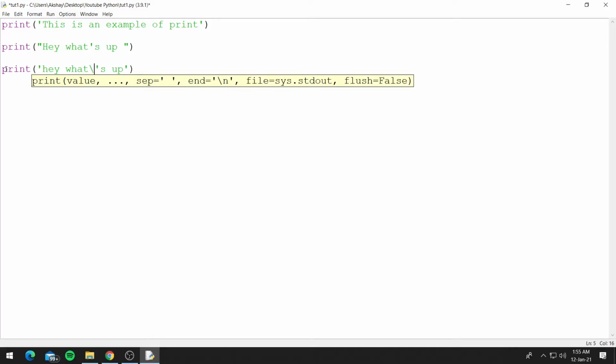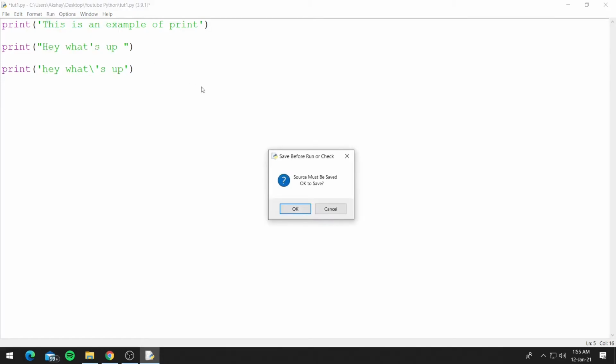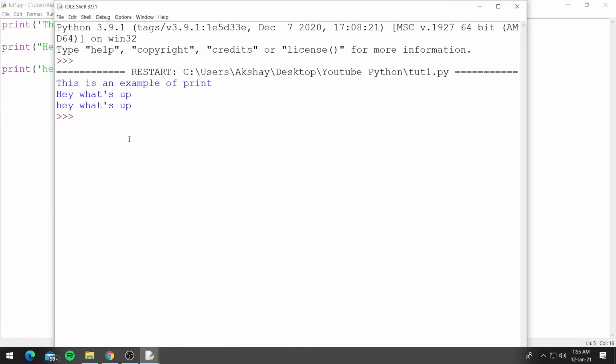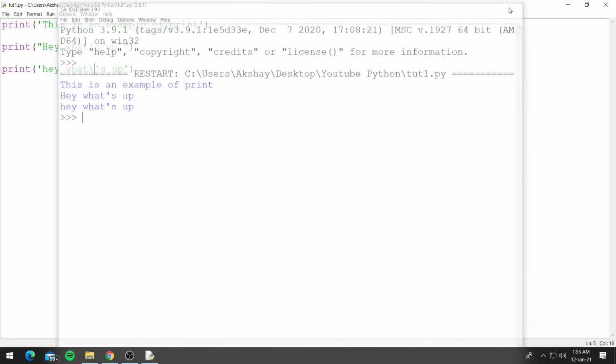So when you run this, you won't see the backslash. Let's just go ahead and run it real quick and you will see what we printed. As you can see, it printed hey, what's up? So an escape character is used when you want to escape any special functionality of any character, and using that we can use a single quote within single quotes.